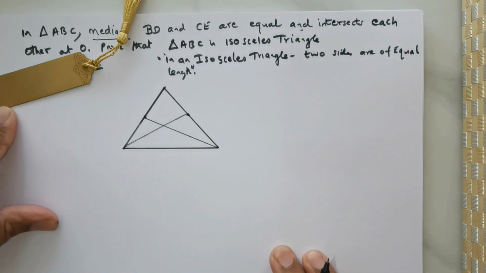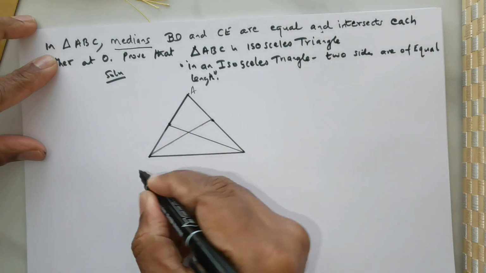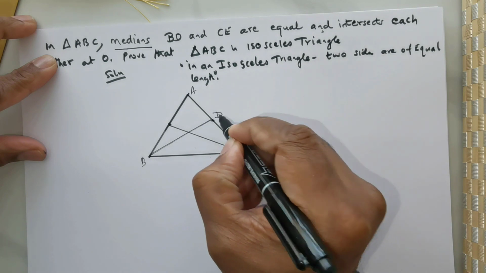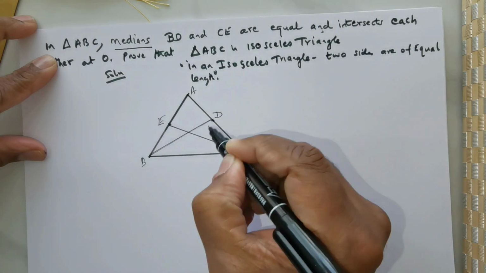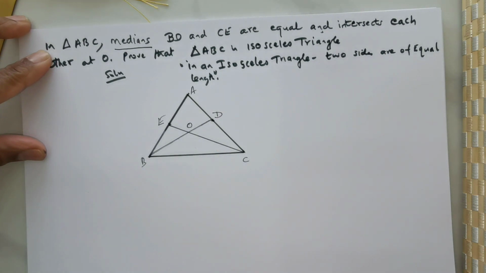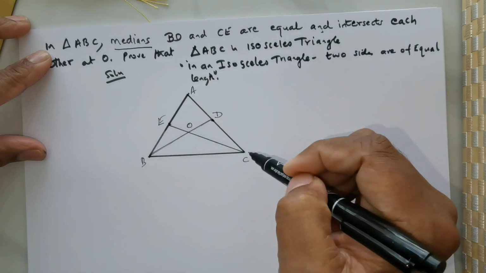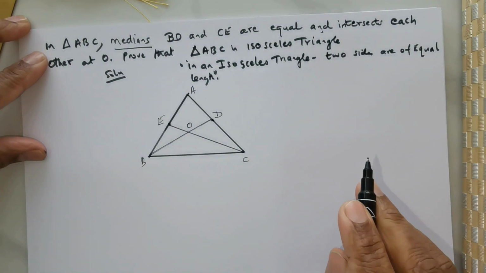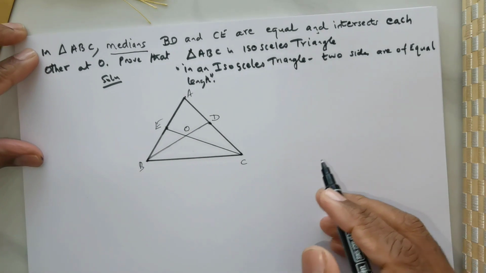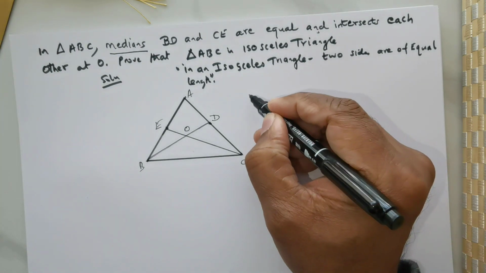Okay, so this is what we have got. Let me name them A, B, C, and this is D, and this is E, and this point is O. Now the proof is complete if we can show that AB is equal to AC. Alright, so that is the objective for this particular question. And let me start off like this. Given that